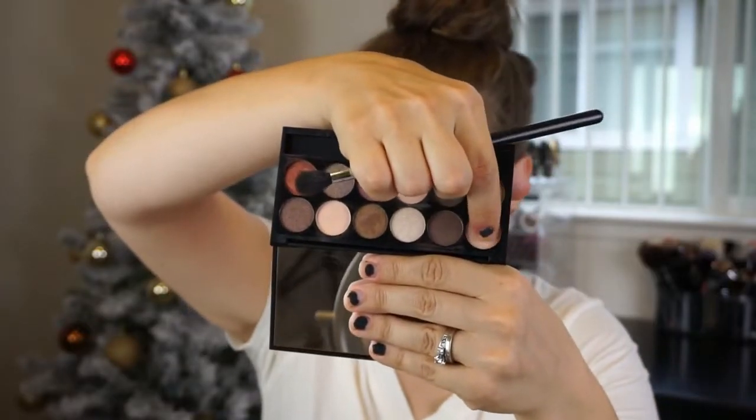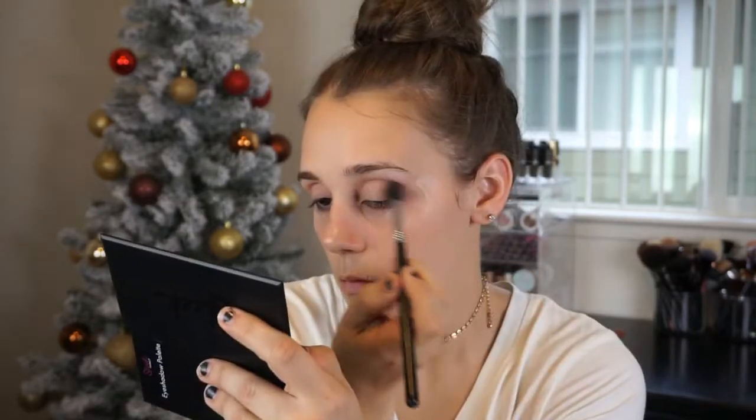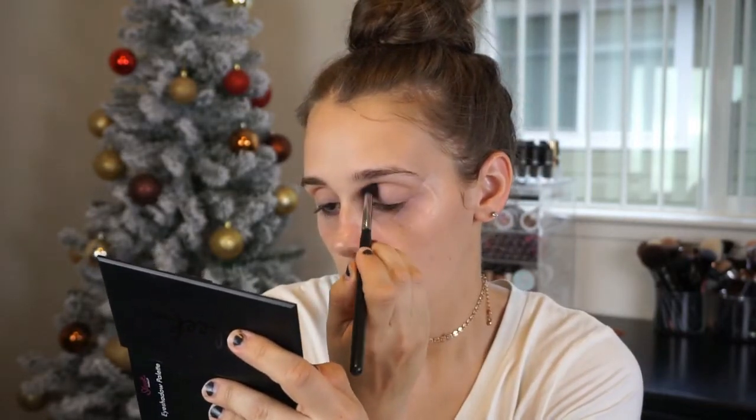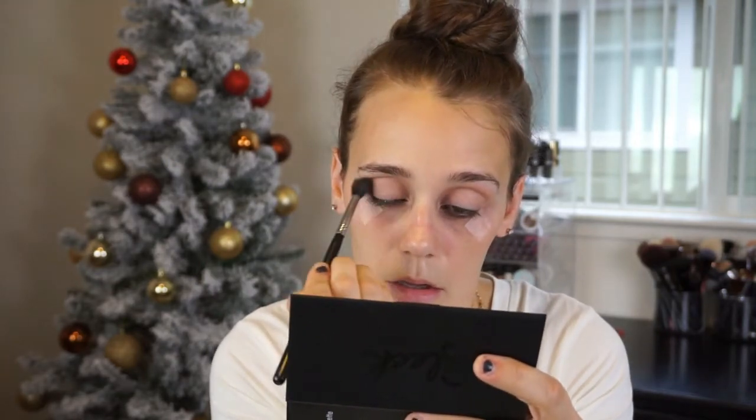And then we're going with the Sleek eyeshadow palette, and I'm just going to take this shade all the way to the left, and I'm going to buff that into my crease. I'm going to go in a few times to build it up. My lights were really washing it out. It's similar to a creme brulee from Makeup Geek. It's a really good transition shade, so I'm just going to take that and buff that into my crease using